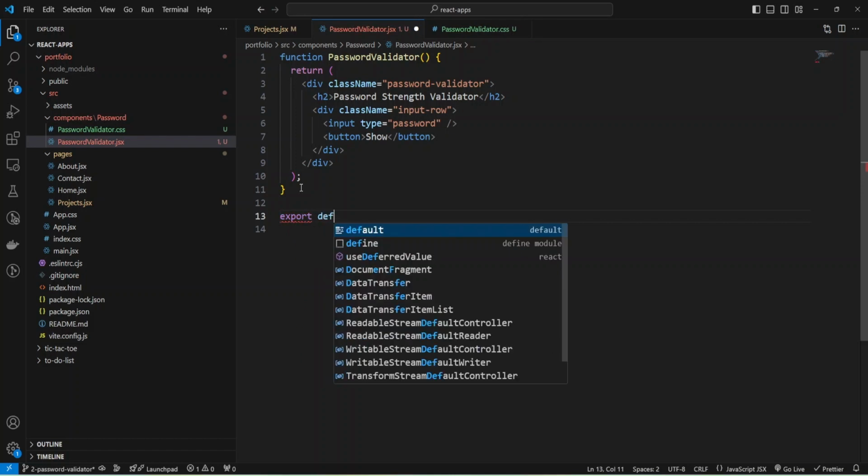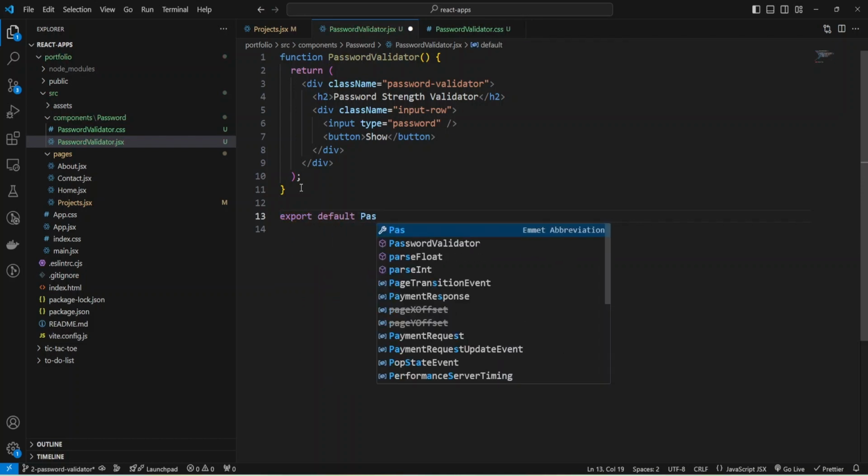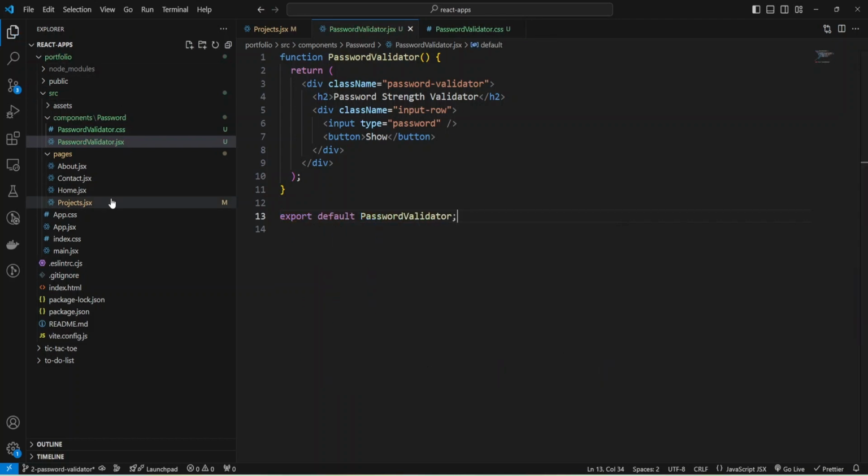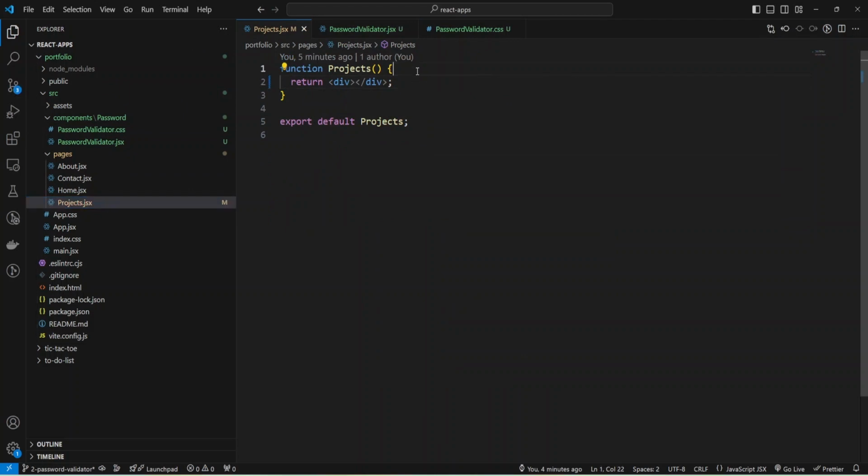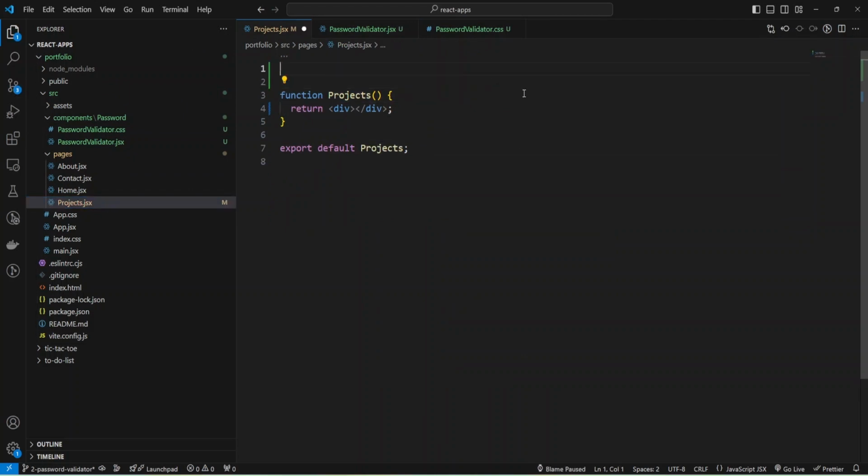Export using default password validator, and import in my projects. I can import my password validator and just provide it inside div and close.